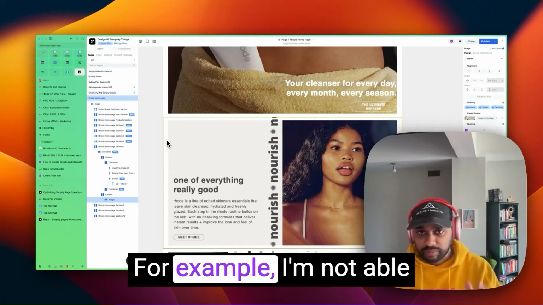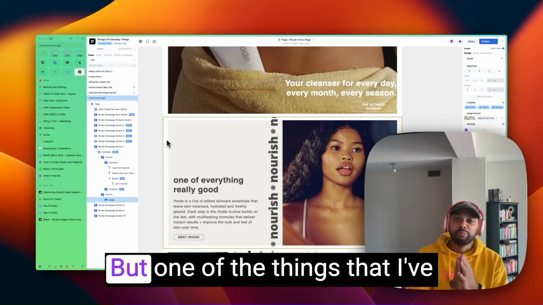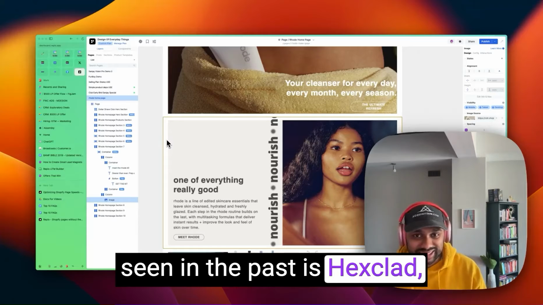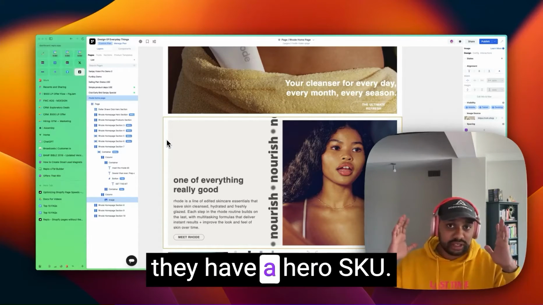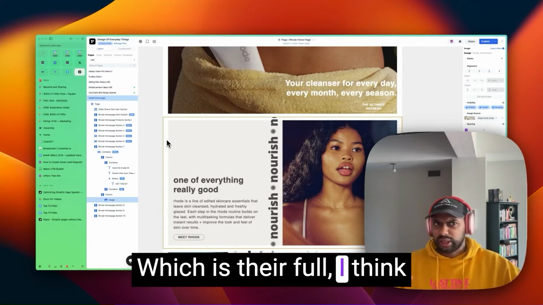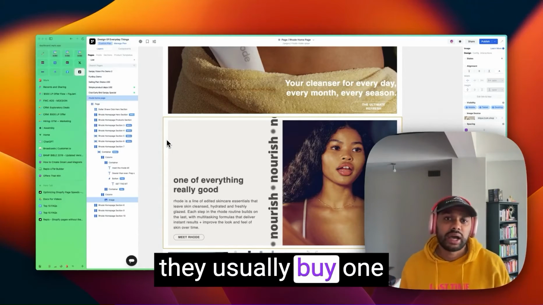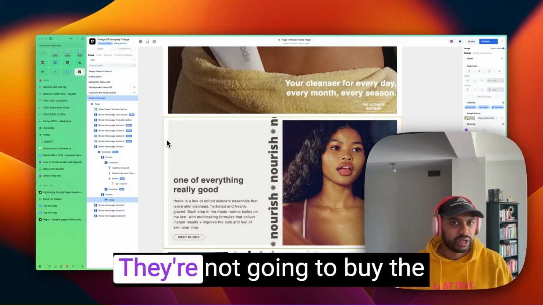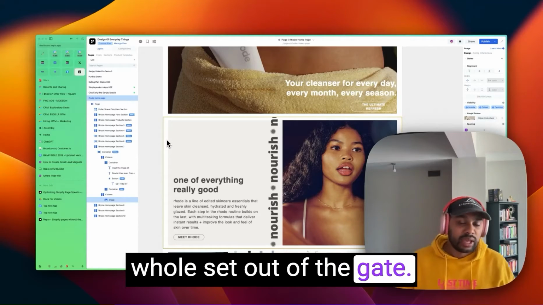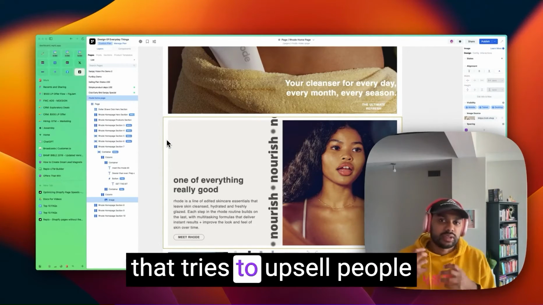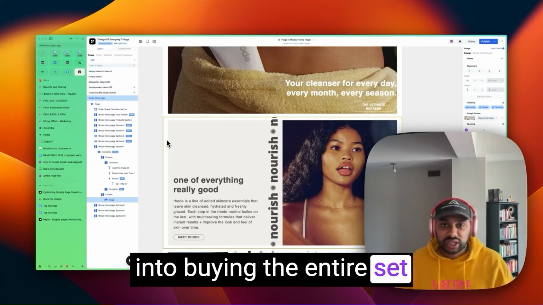For example, I'm not able to pull this up right now, but one of the things that I've seen in the past is Hexclad, the cookware company. They have a hero SKU, which is their full, I think it's like a 13-piece bundle. And most people, when they first purchase, they usually buy one or two pots and pans. They're not going to buy the whole set out of the gate. They have an email flow that tries to upsell people into buying the entire set, and they send them to